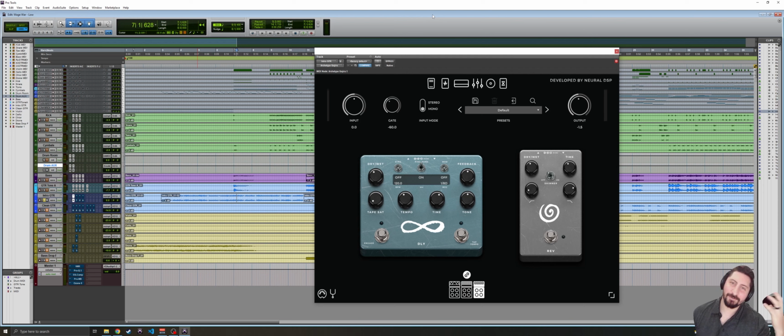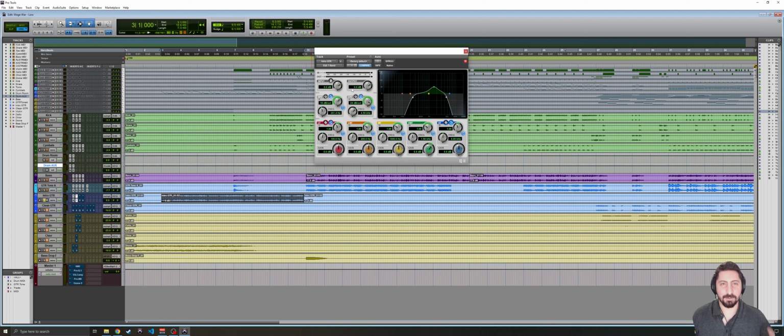I know I'm going to sound like a huge fanboy when it comes to this, but I just really like what Neural DSP does. It's good stuff. There are other amp sims, I promise, that I actually like, but I think at this point when I was mixing this, I was a true unashamed fanboy of their stuff. Okay,